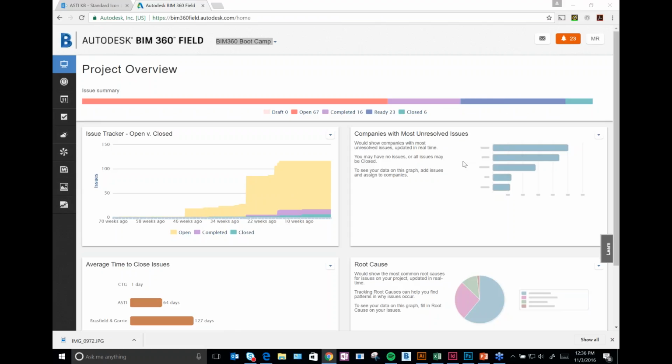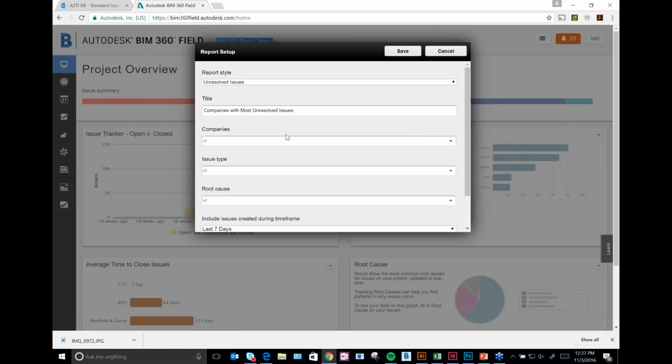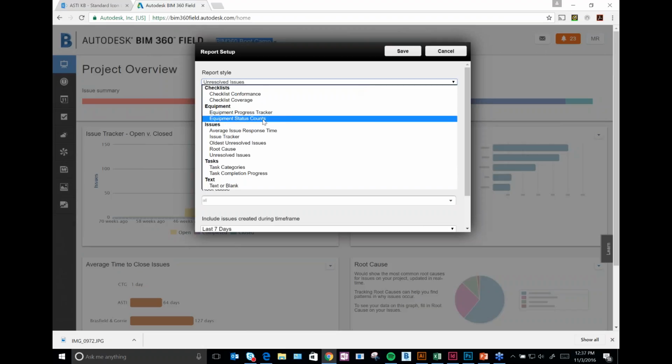Basically, all that I'm going to show you is how you can very quickly customize your overview and your dashboard right here so that you see the exact information that you want. So all that you do is, as you can see, there's 5 little modules here. All you've got to do is click on the down arrows and then hit setup. And then you can change the data